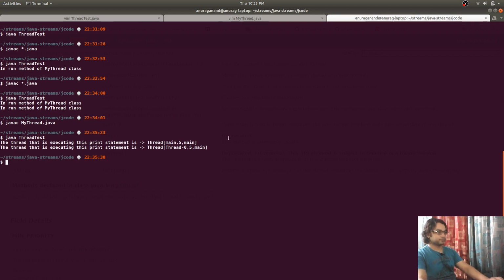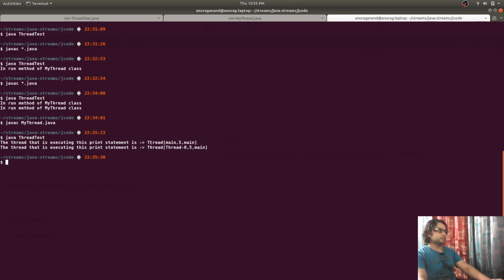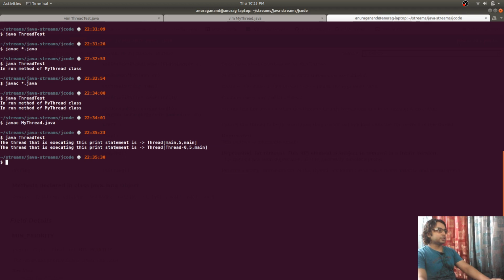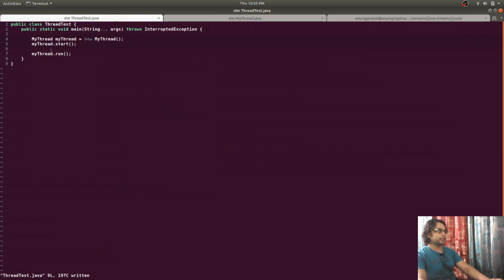See, the thread that is executing this print statement is the main thread. The thread that is executing this print statement is thread 0. So this statement is coming from here.